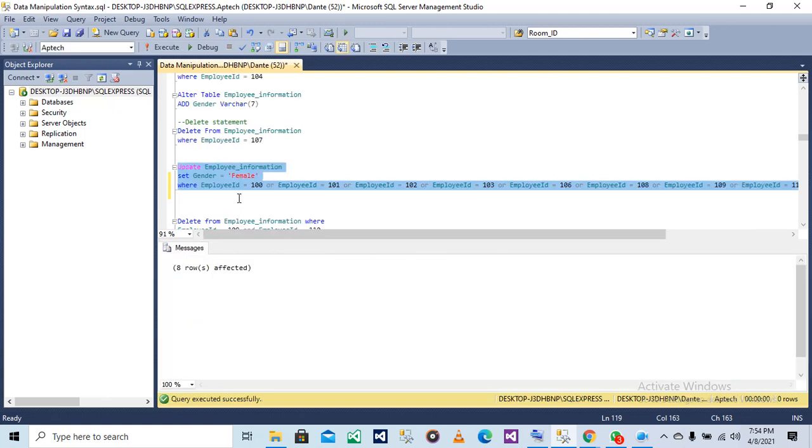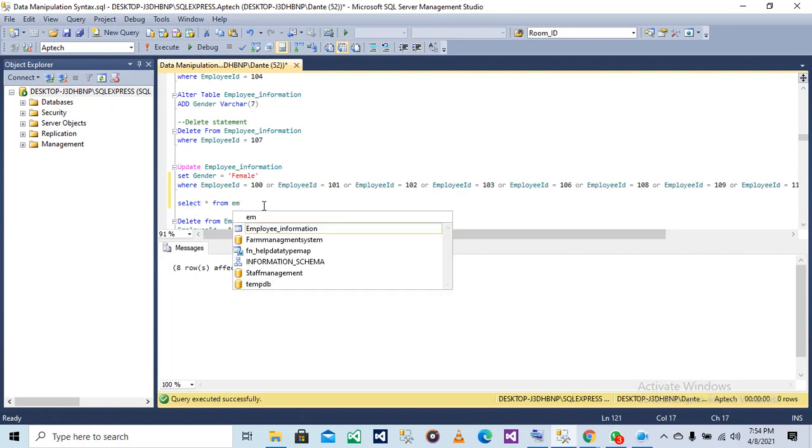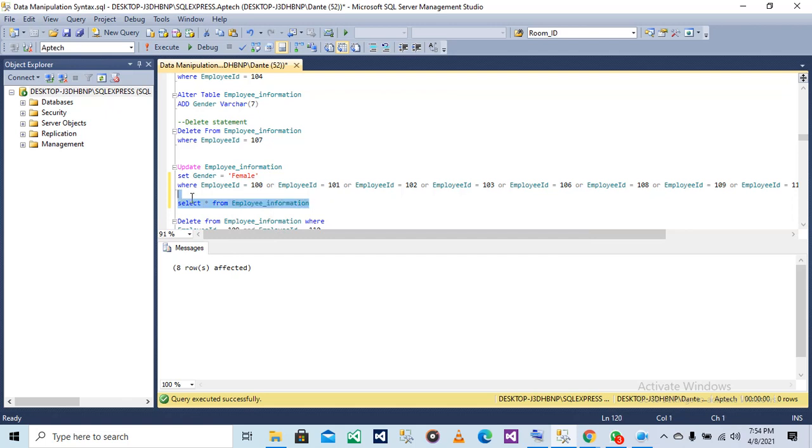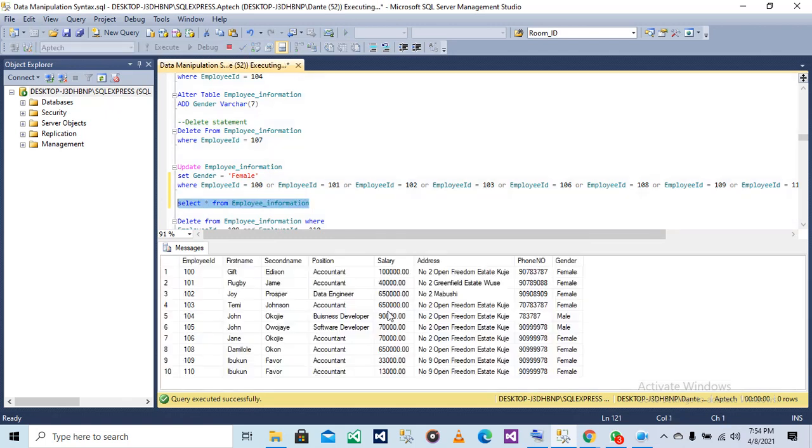So you can see 8 rows affected. If you select everything from the table, you can see all those employee IDs that we specified alongside their ID values, and we gave a command to update their gender to female.